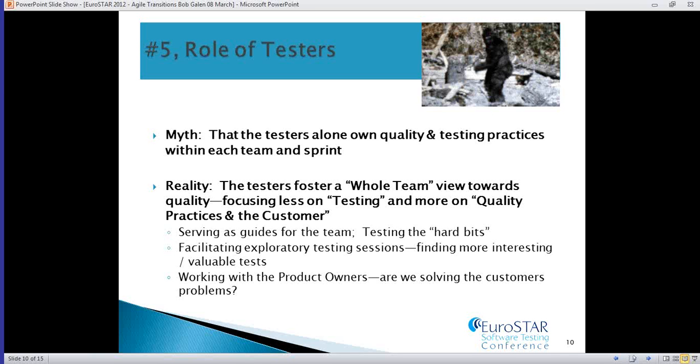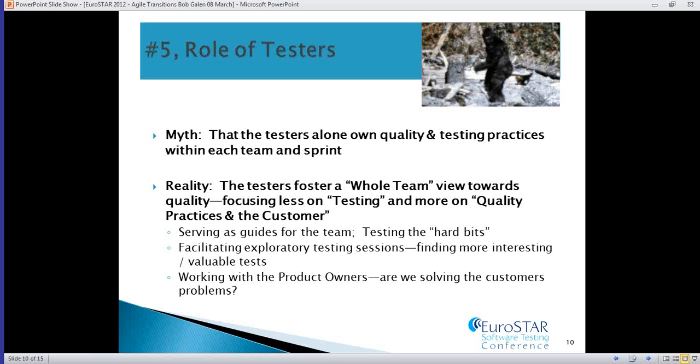So the reality, or I hope the reality is that you can influence this, is you're serving as a guide for the team. You're testing the hard bits. So clearly you need to test the most challenging aspects, just like the most experienced developers should be tackling the most challenging technical problems. You're tackling the hard bits in the sprint, but you're also freely delegating to other team members. You're trusting the developers to write good tests. You're trusting the developers to be able to test, and you're not questioning them all the time. You're not hovering around them. You trust them as partners. You train them if necessary.